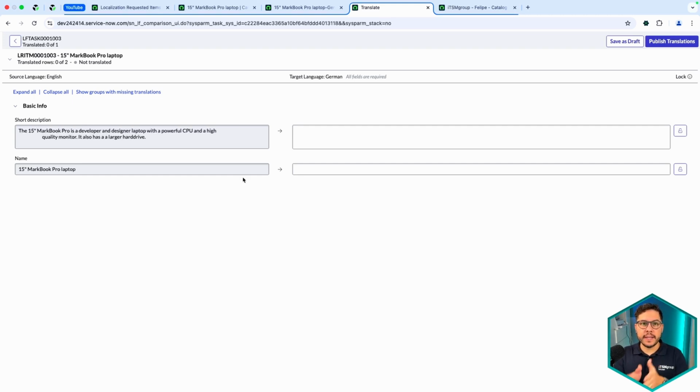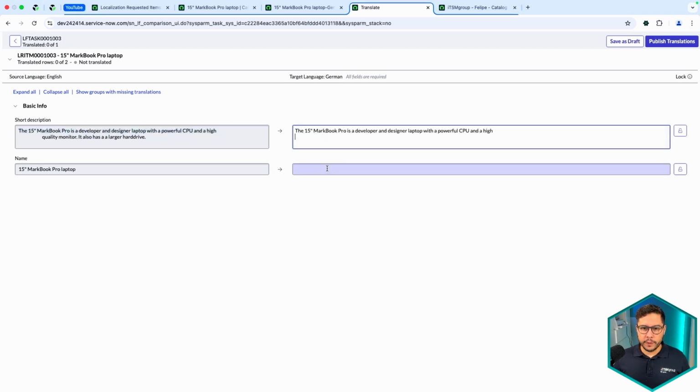You will have side by side the English content and the target language, in our case German, so that you can always translate and save as a draft, step by step translating your content in ServiceNow. After you're done, for example, you can just write down something here and then here as well and save as draft.